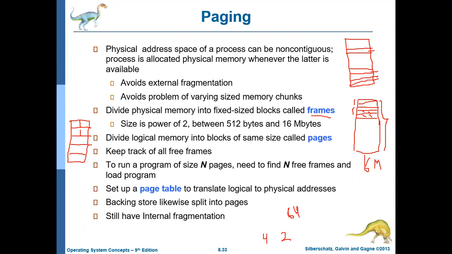But whenever I am talking about pages, you must think that this is logical memory, not the actual one. Whenever I am saying frame, it should be the actual memory, that is the main memory. You are dividing this memory into blocks, into frames. You are dividing this memory into blocks, called pages. That's why we are naming it a technique of paging, because we have the different pages and we need to manage these pages. That's why this is known as paging.